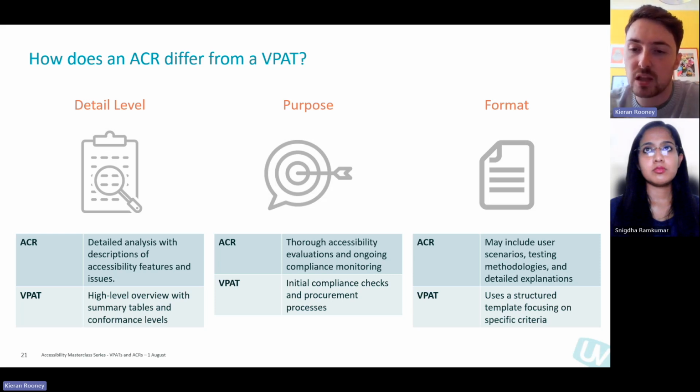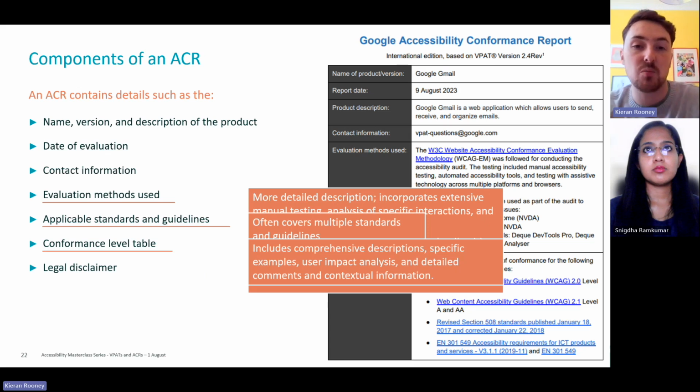So we'll now look at different components of a VPAT as well. So there's a lot of similarities between a VPAT and an ACR. So there's things like the name, version, description, date of evaluation, contact information. However, there's a few differences in terms of, firstly, the evaluation methods used. So the evaluation methods include more detailed descriptions than a VPAT and offer